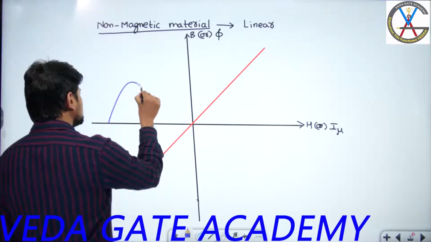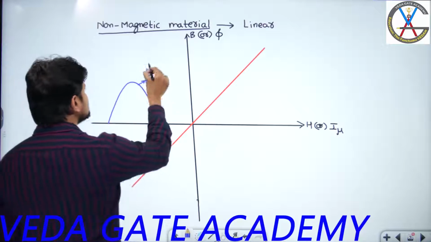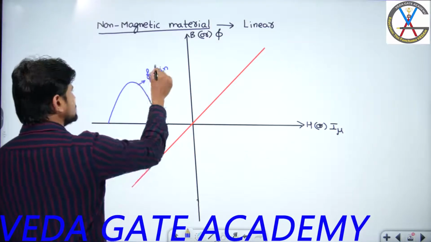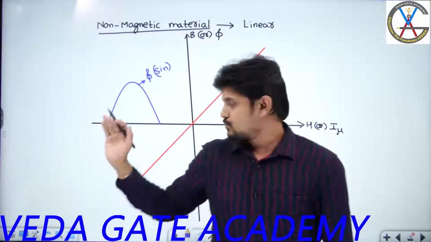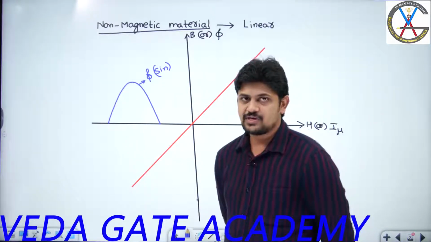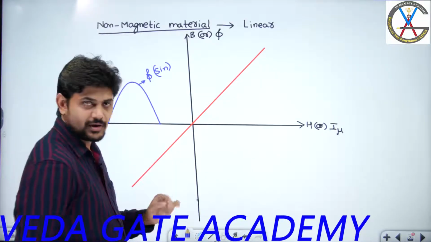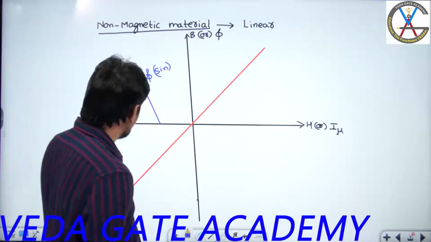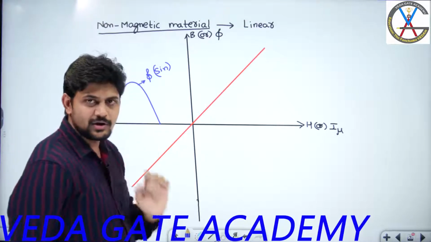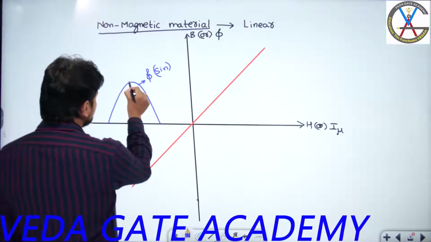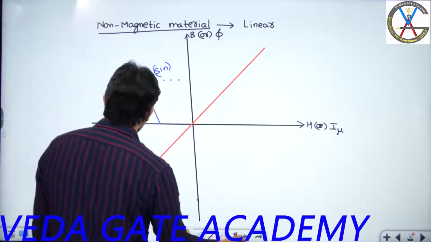Let me assume that this is the flux waveform, which is a pure sinusoidal. Please accept that even though it is not in pure sinusoidal form, I am weak in drawing diagrams. So we can assume this flux is a sinusoidal flux. Now, if you observe here, I have indicated this flux on the x-axis, but the x-axis is I mu, so you may be confused that I have drawn the flux on the x-axis, right? But the point you need to understand here is the reflection of these flux points at any time. Let us assume this is with respect to time.